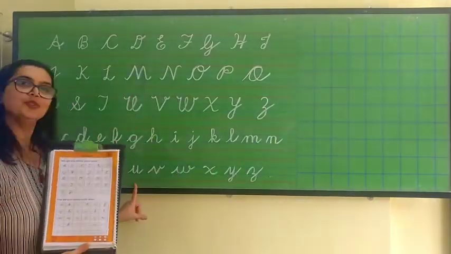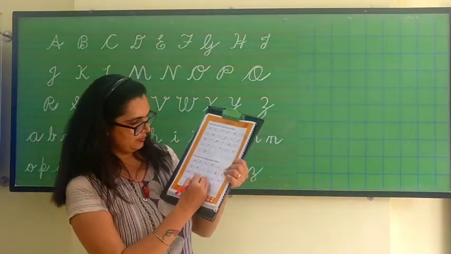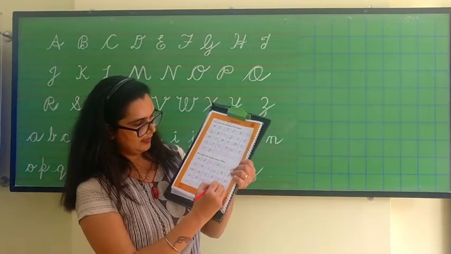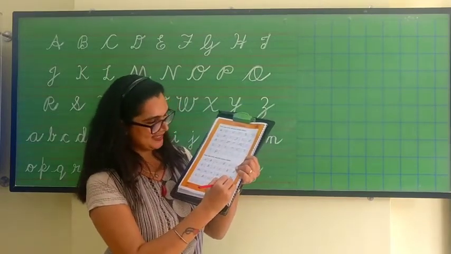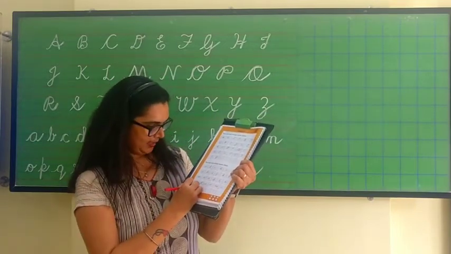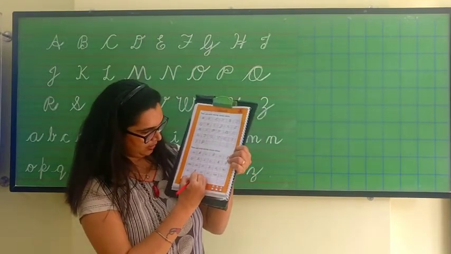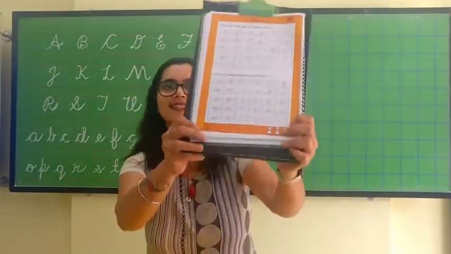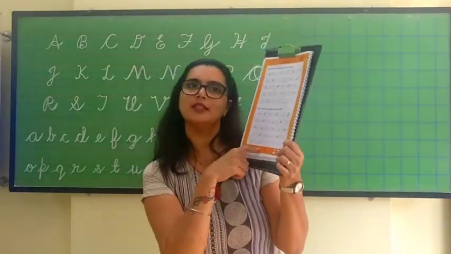Here is letter U. So here we are going to rewrite the letters. So let's write U, V, slant line up and a tail. W, X. The sound of X is X. Y. And the last letter is Z. From the blue line to the second red line. So here I have finished tracing and writing letters small A to Z. So here I have written the capital letters and here I have written the small letters.